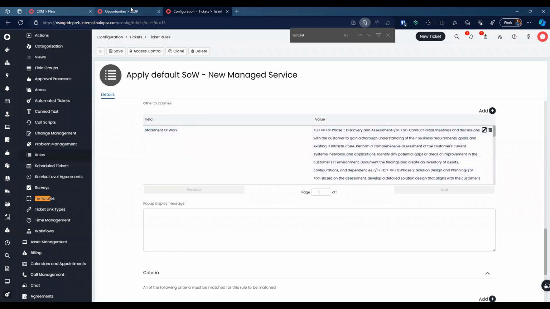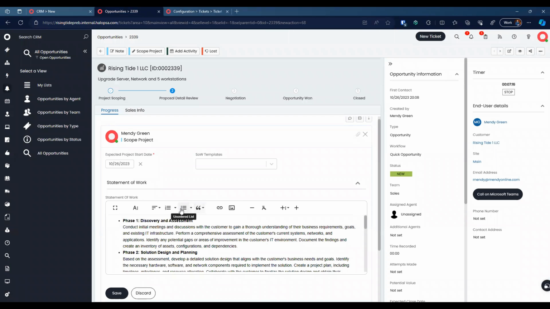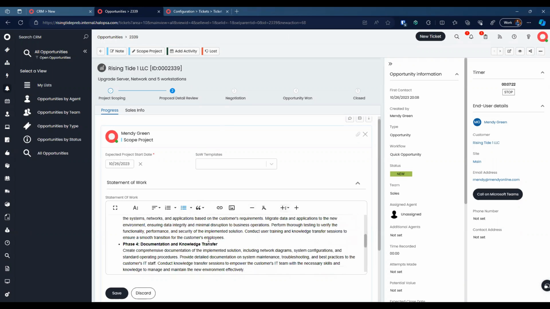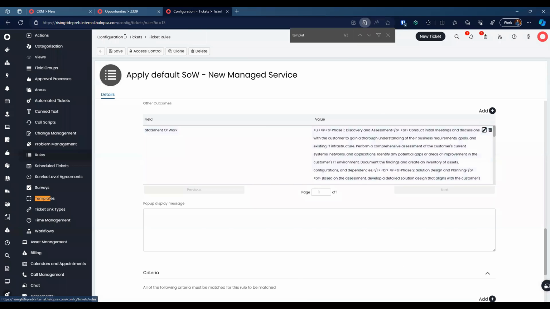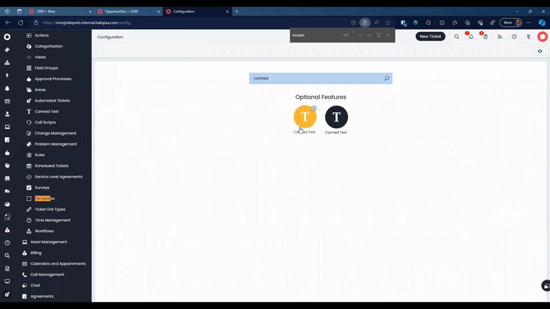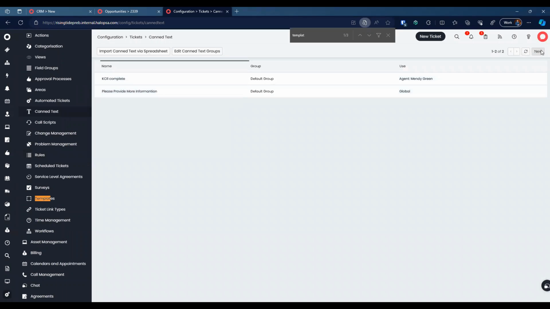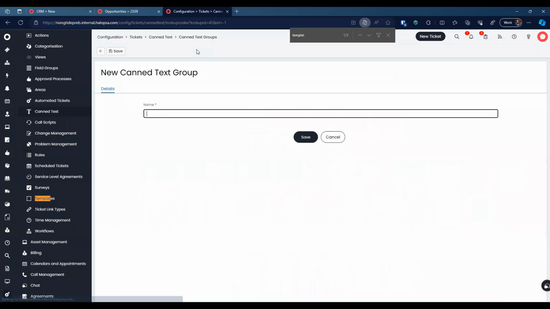So we don't have to use that. Something else that we can do is the ability to control with canned texts, right? And so we can create canned text groups, and those canned text groups can contain the scope of work. So let me Control A, Control C this. We're going to go back to our configuration and go to canned text. And then we're going to first create a group. So we'll come here and we'll create a group of